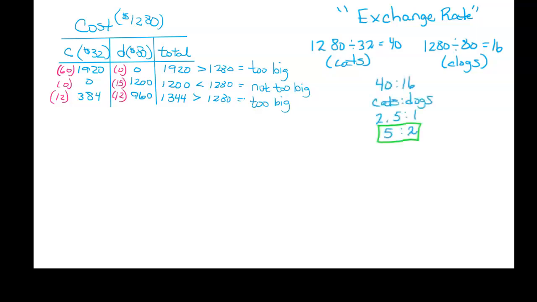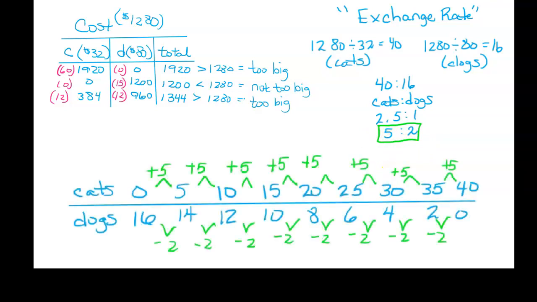And so when we look at that as a ratio of cats to dogs, it's simplified. It's 2.5 to 1, 2.5 cats for every 1 dog. This doesn't make sense in the context of our story because we couldn't have half of a cat pen. So if we double this so that we're working with integers, we would have 5 to 2, 5 cats for every 2 dogs. And if we look at it in terms of a table so that we can see what's happening,